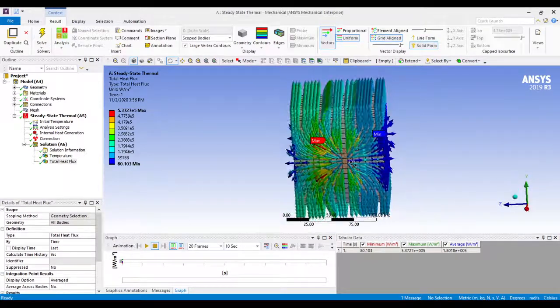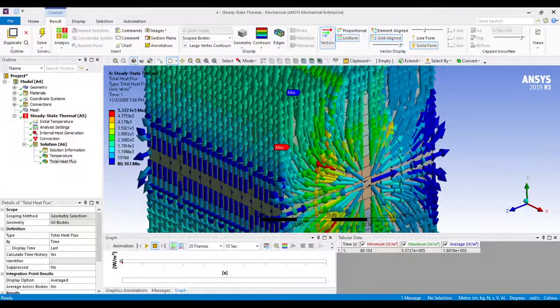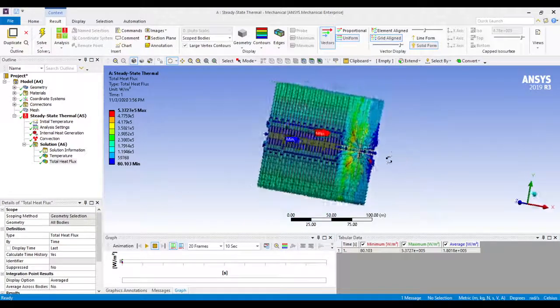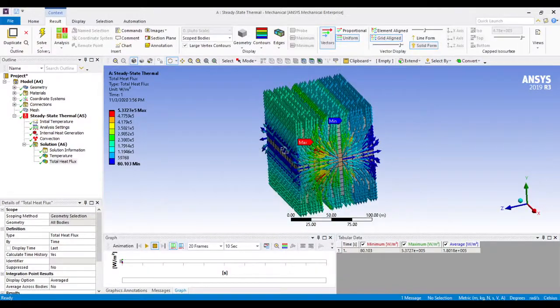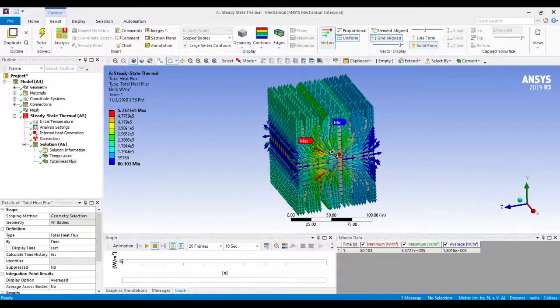Now you can see that from the center of this heat generation, the heat flows readily in all the directions, but no heat flows perpendicular to this face because we have not applied any boundary condition. It means it will act as a perfectly insulated face. No heat will flow, and we have applied a convection boundary condition at the top and bottom surfaces, so all the heat will be directed in those directions.